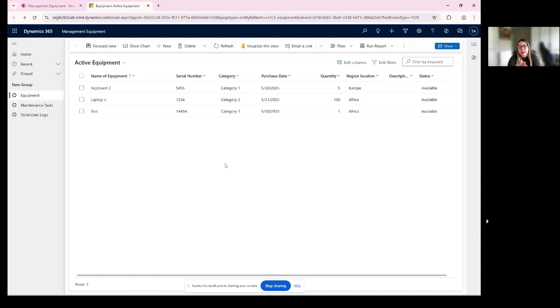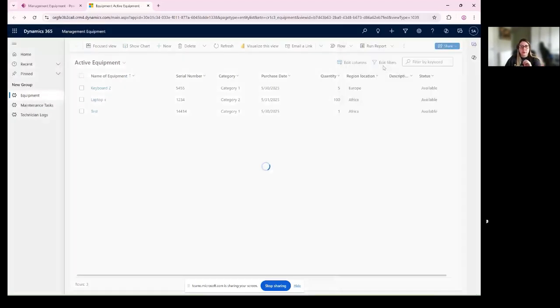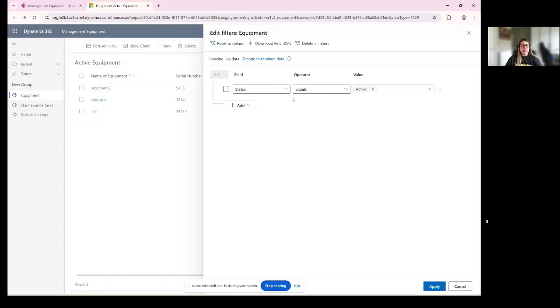So imagine you have 1,000 equipment. Within the view, you can filter out and you can create custom views for yourself. Let's say for some reason I wanted to only see equipment with category 1. Let's say I want to filter this out. I can add columns, but let me edit a filter. Here easily I can come and say